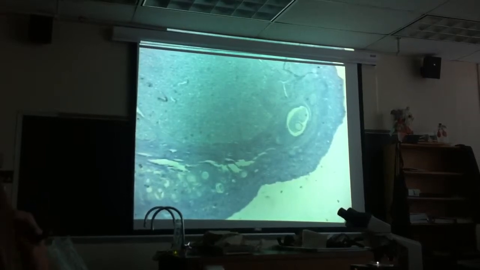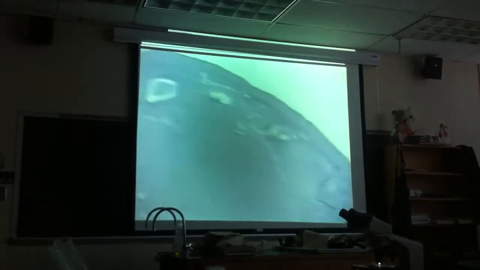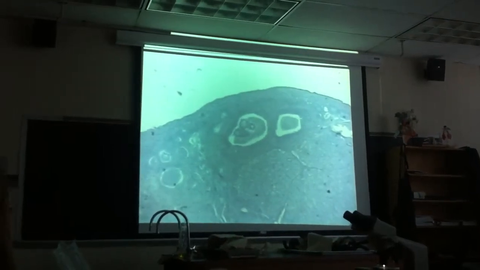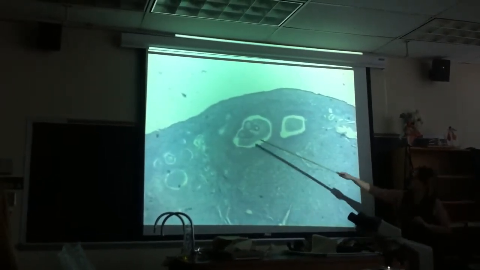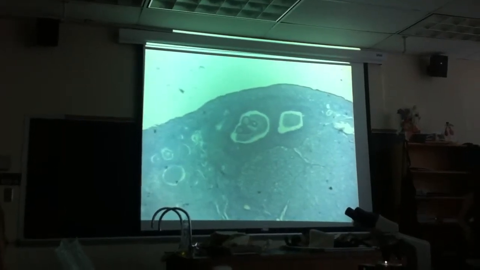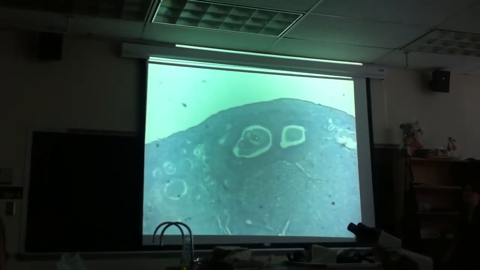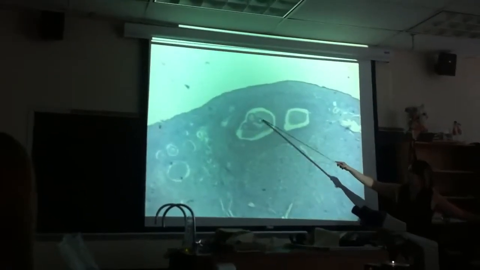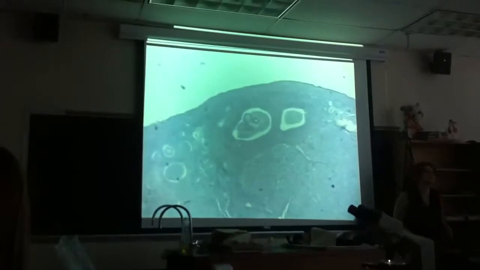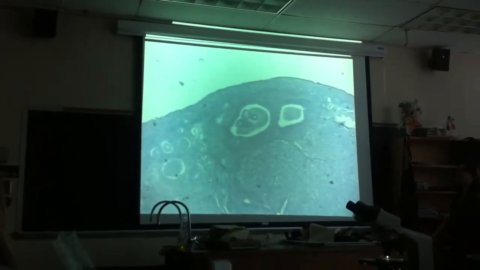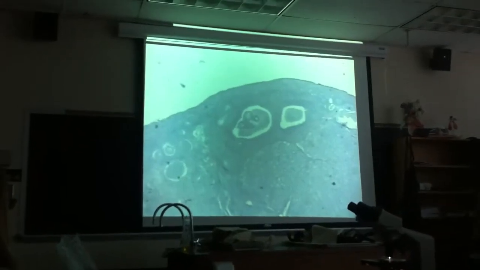This one actually has my favorite Graafian follicle. I like that one. And you know why I like that one? It has two yolks, right? Two ova. Or I think these are secondary oocytes at this phase. But if these both were released during ovulation and they were both fertilized, it'd be twins, right? So that is it for the